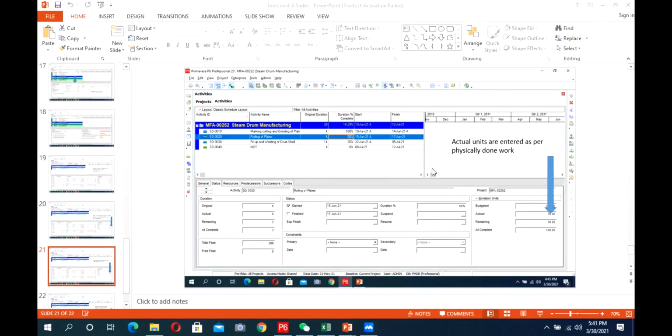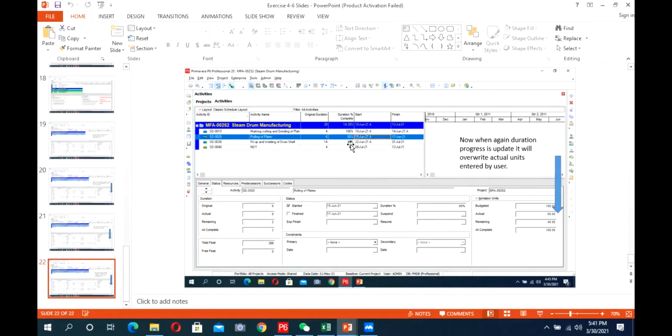Okay, good. I was explaining that when we have 50% of the activity percentage on the basis of duration, the actual units we have achieved might be less or more than 50%. So we have to adjust it on the actual basis, according to what we have achieved on site. So I say that when I have 50% duration complete, I have achieved 70 units. Now, if I do not uncheck that, what will happen when I update the progress again? I update my progress to 60%. It will override the value which I have entered, and again set it at 60%. So this is the reason why we uncheck that while we are creating a project.